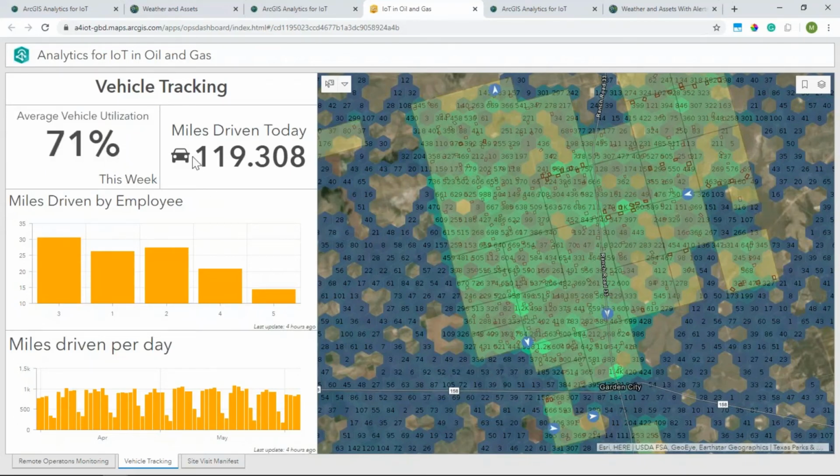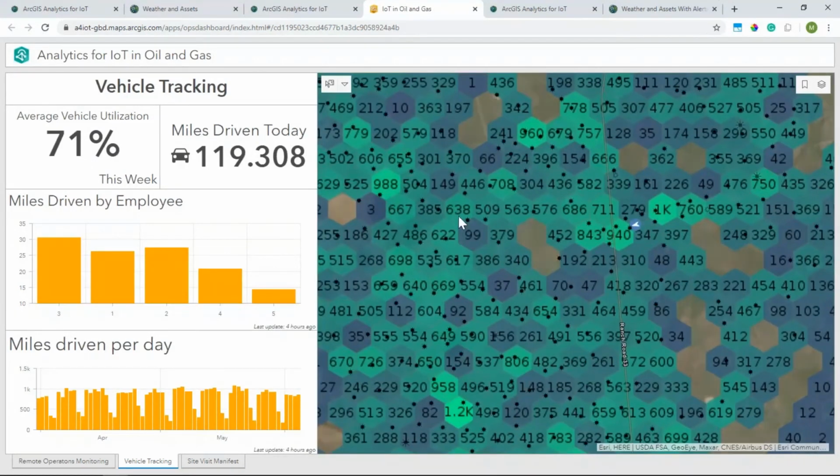We've also calculated statistics like how many miles are being driven every day by specific employees and over time as well. With this information, you can look at opportunities to save money by reducing driving costs and windshield time, and then track how those metrics are changing over time to prove the value of different changes that you might be making in your operations. To calculate these mileages, I could use out-of-the-box reconstruct track tools that come with analytics for IoT. You could also use the same data, though, to determine when facilities were visited last.